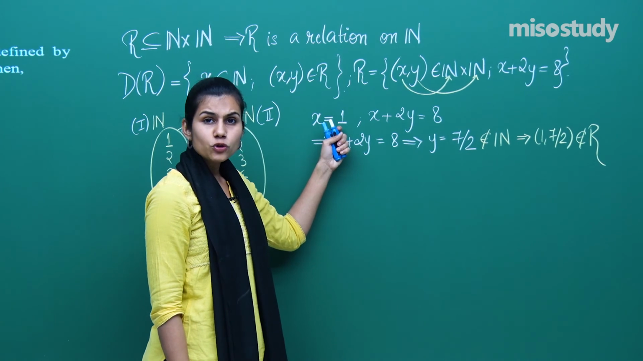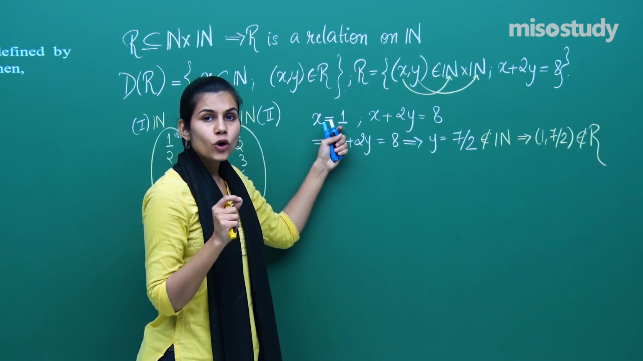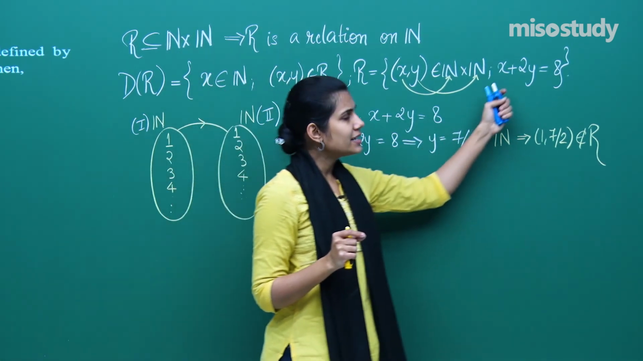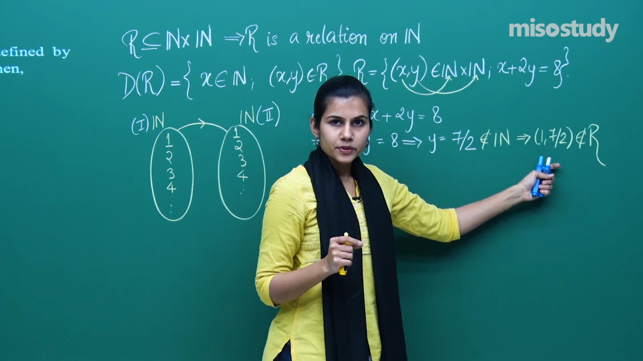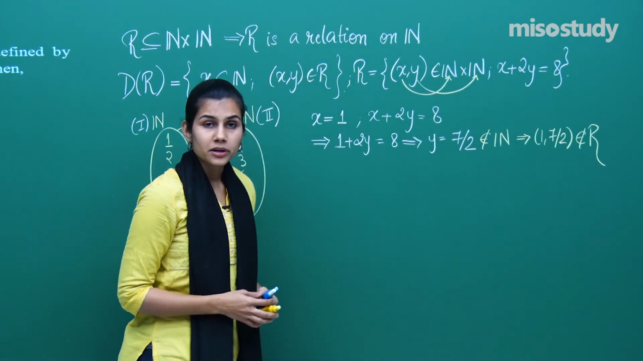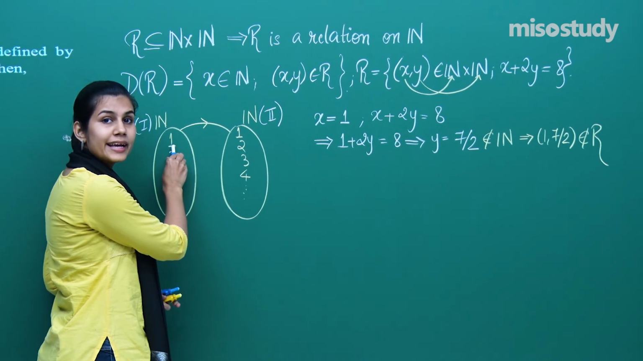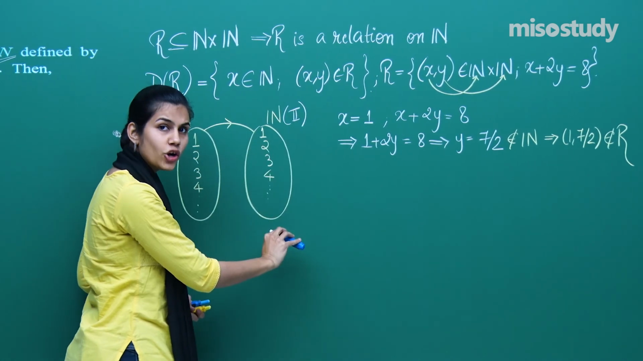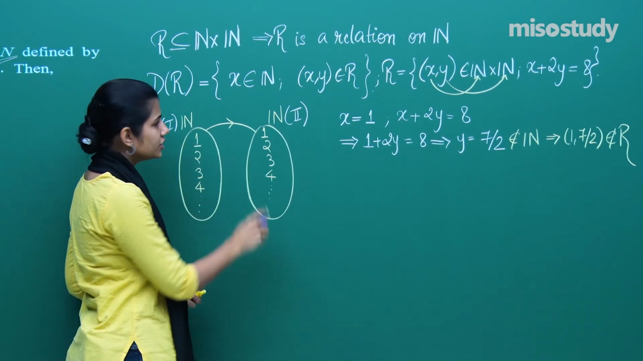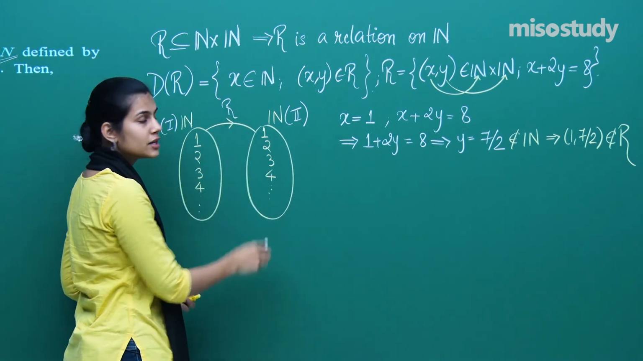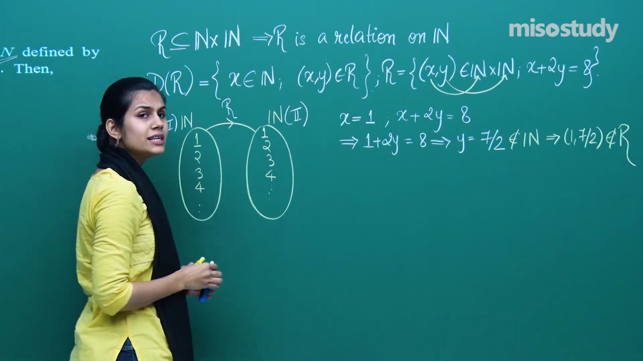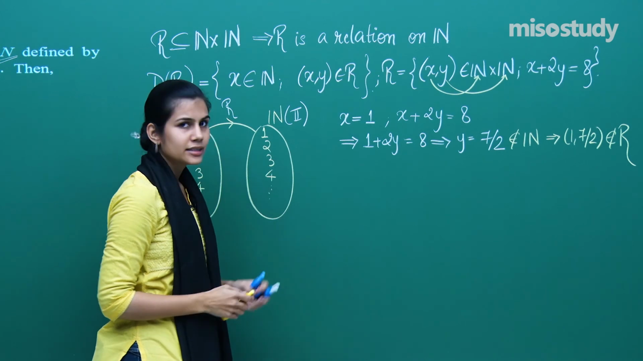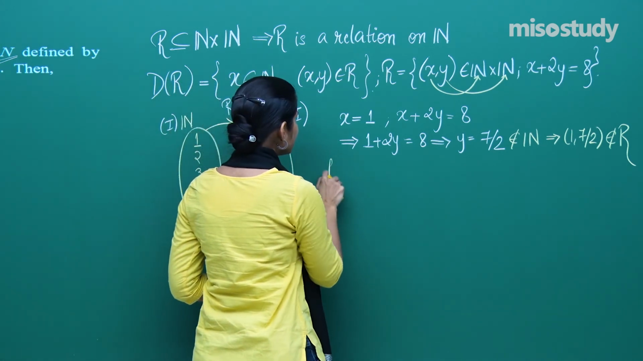Therefore, corresponding to x equals 1, the only y which satisfies the rule is 7/2. But 7/2 is not a natural number. That means 1 is not related to any of these under the relation R. Let's look if 2 is related to any of the natural numbers in the second set. So for x equals 2,